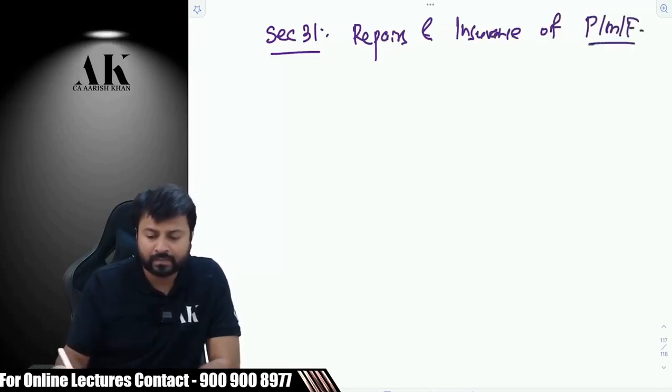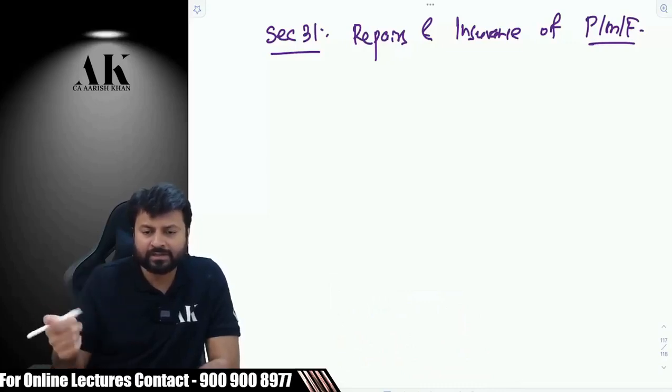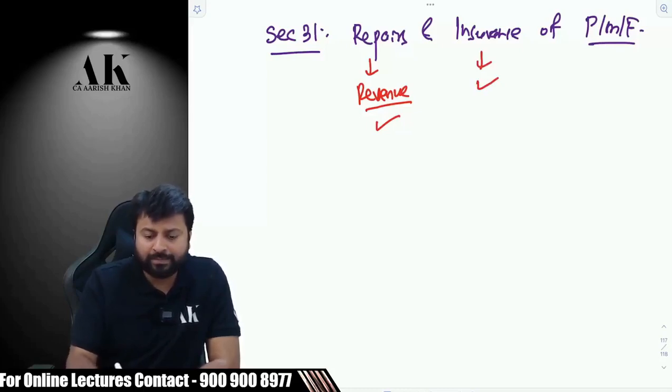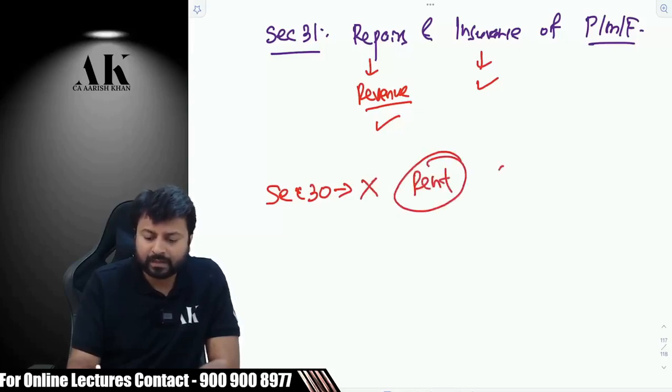Okay. Building is completed. Now let's talk about other fixed assets like plant, machinery, furniture. So again, if you do a revenue repair, it is allowed. Capital repair not allowed. Insurance also you can claim deduction of plant, machinery and furniture. Just wait now. As compared to section 30, what is not covered here is rent. Rent is not covered in section 31. Section 31 very clearly speaks about only two expenses. Which two expenses? Repairs and